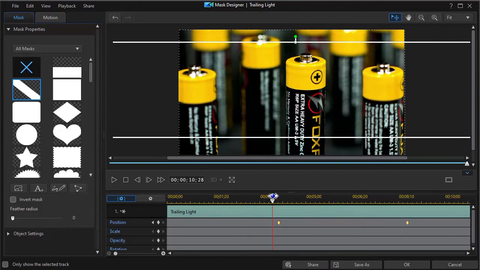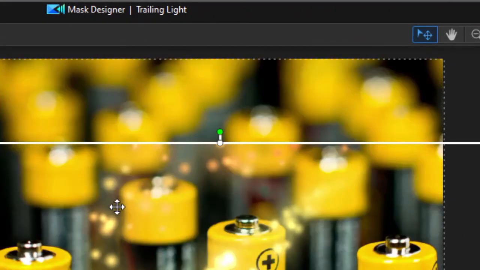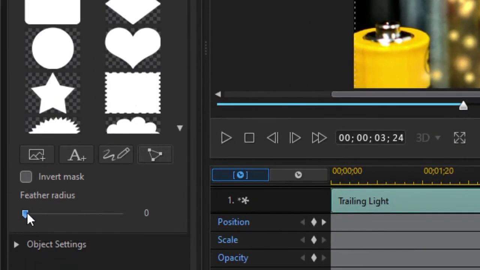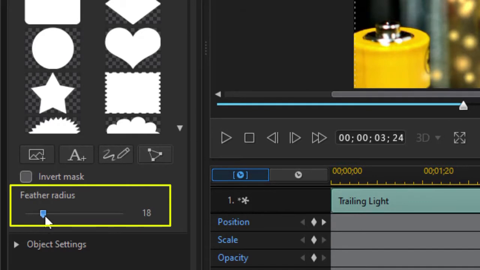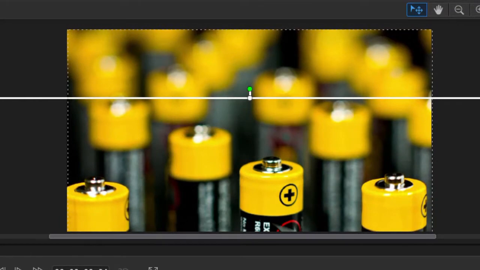Now there's something else I want to do when I'm here. You notice we have a very sharp line where this is impacted. And what I often do is feather it just a little bit so it doesn't look like there's a line there in the final. So when we play this, we'll go back a bit, we'll play it,